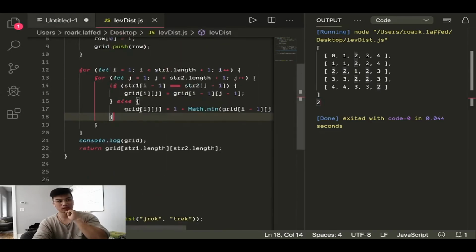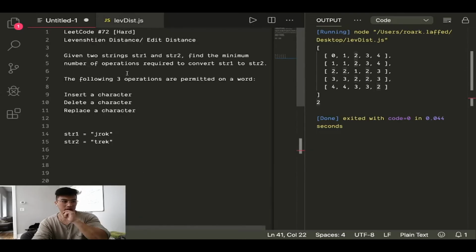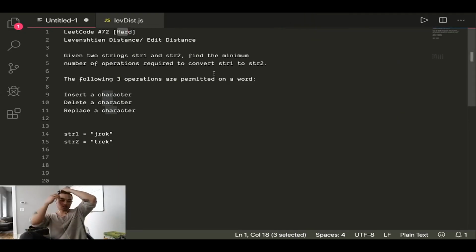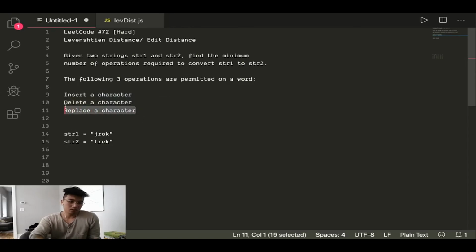Great little dynamic programming problem. I think it's a little bit on the hard side for dynamic programming problems or LeetCode problems in general. It is a LeetCode hard problem. But if you understand the concepts and understand why we did what we did and kind of the mindset on how to solve this type of problem, I think any dynamic programming problem is well within reach. So as like a mission 2 to this problem, what if I took away your ability to replace